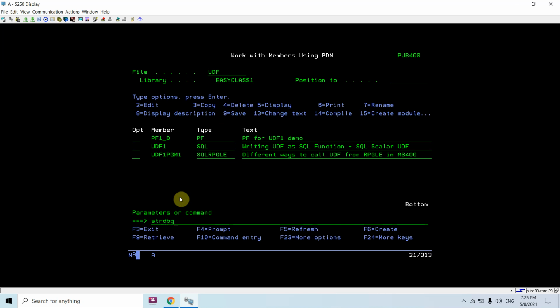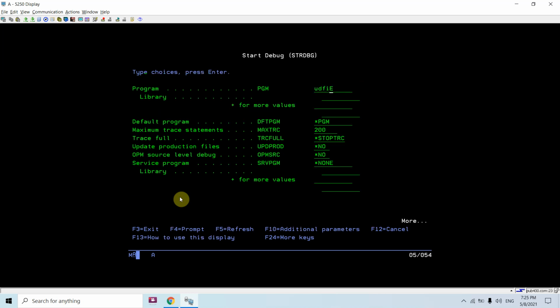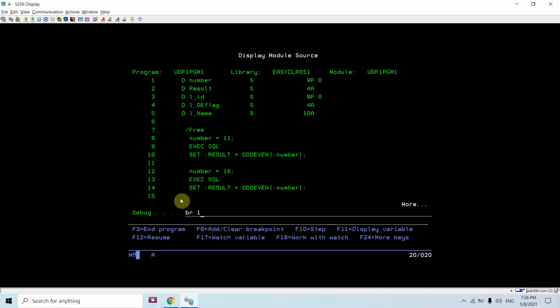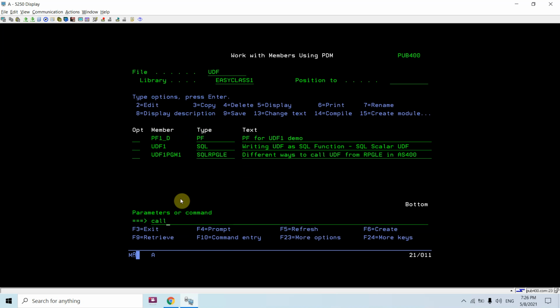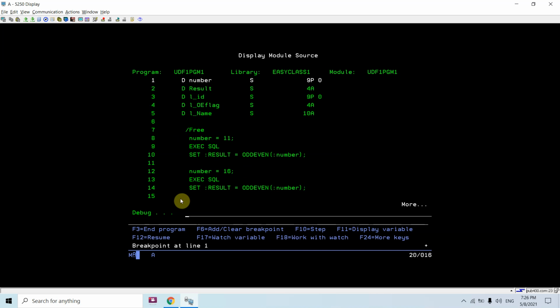Let's debug this. Pgm1, case 1, call udf1 pgm1.